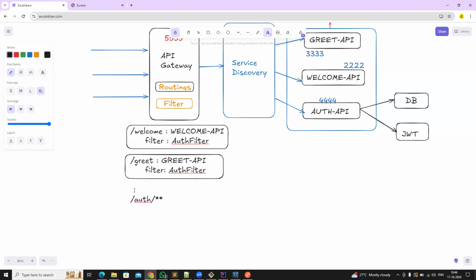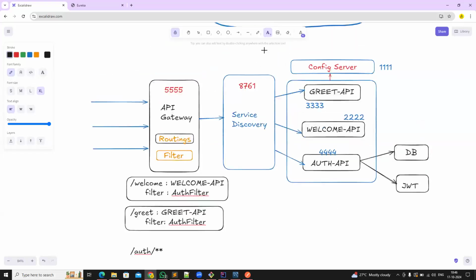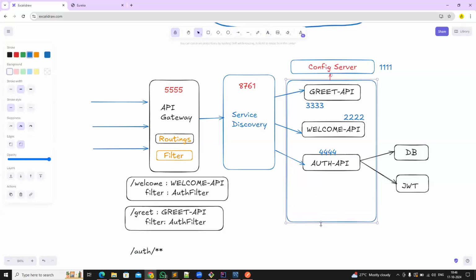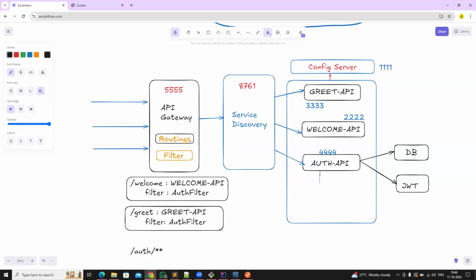What is the meaning of /auth/** guys? What is the meaning of this? Any request, sir. /auth/ any request, any URI. Any request. So here I have the URLs like register URL available. I have token URL available. So in the authentication API,